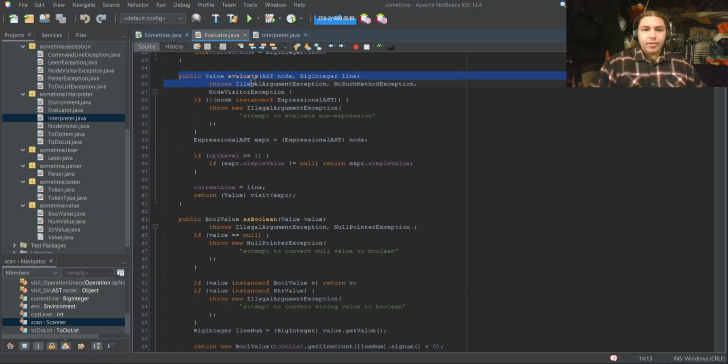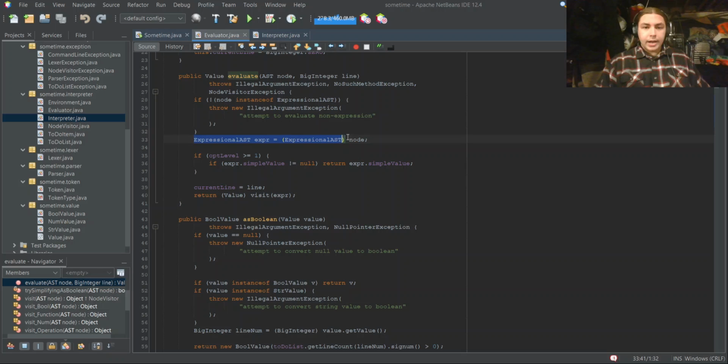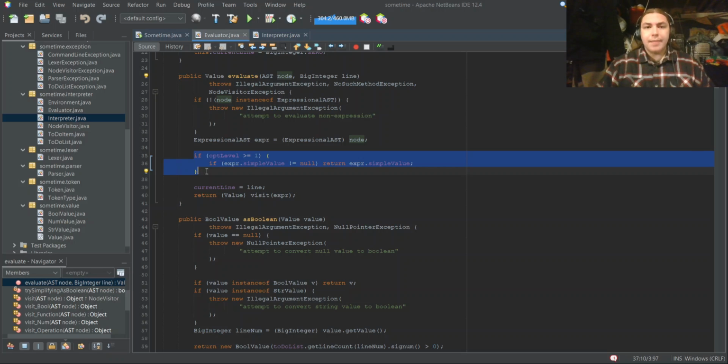So here we have evaluate, which, if we are not evaluating the expression, then we throw an exception. Otherwise, we create an expression AST of it. Because I made the visit function generic, we have to cast it to an expression. And now, this is the first time the optimization level is relevant. If the optimization level is greater than or equal to 1, so if the level is 1 or above,